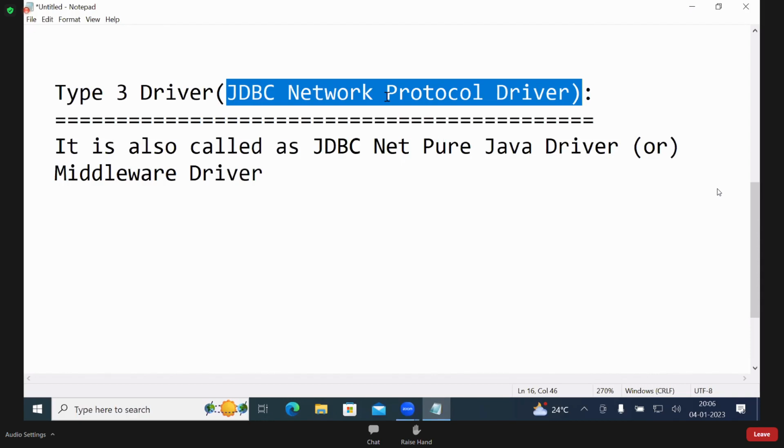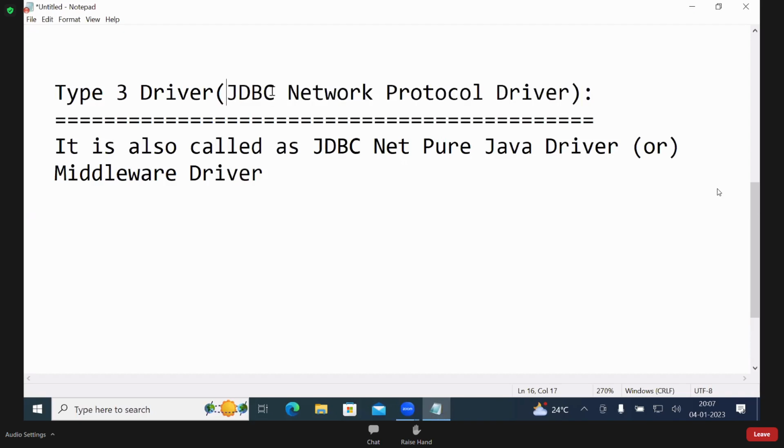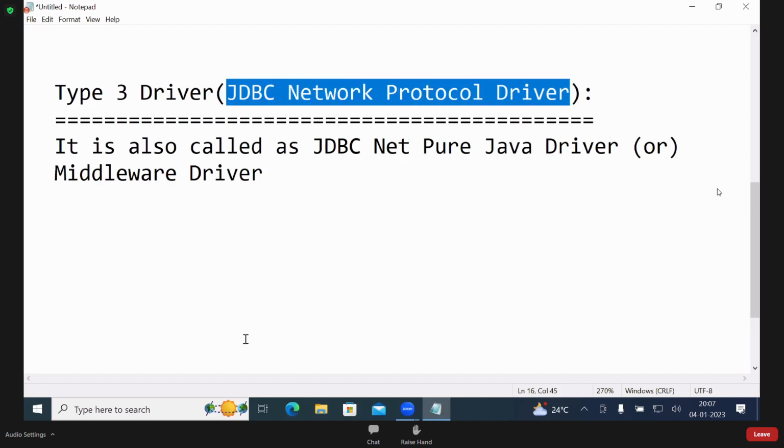But while teaching here, what are we doing? All installed here only. Client installed here only, server installed here only, database installed here only. So internet application, enterprise application, and mobile application also we will teach on a computer only. But it is possible. Now that's what the JDBC network protocol driver is.